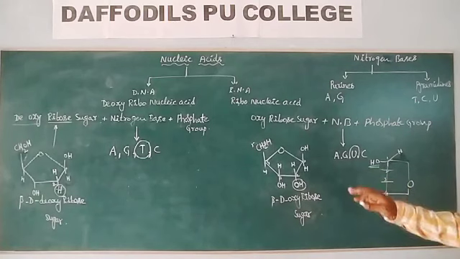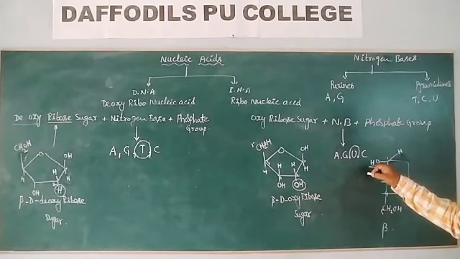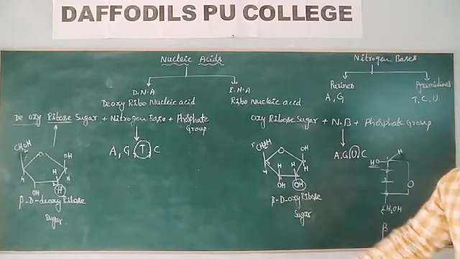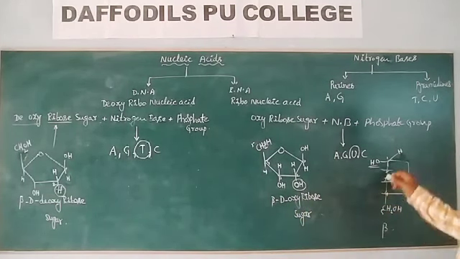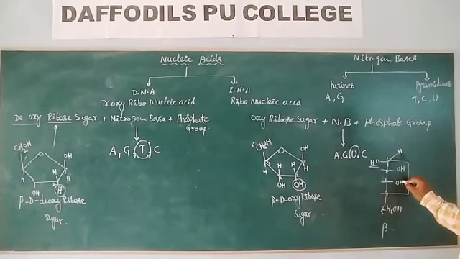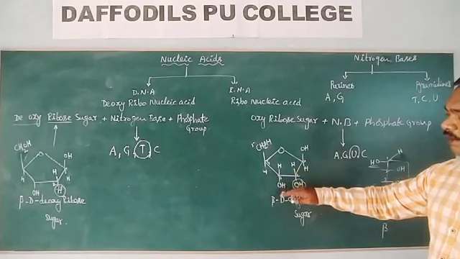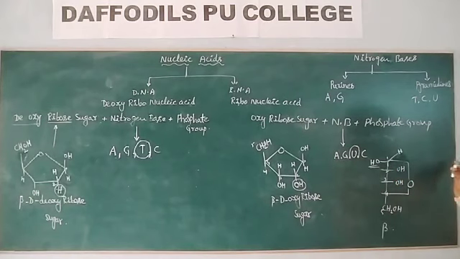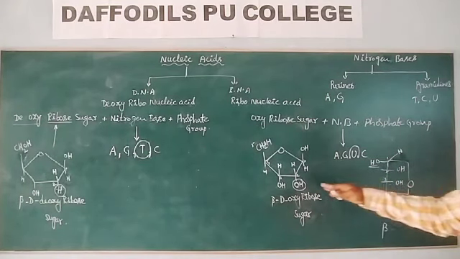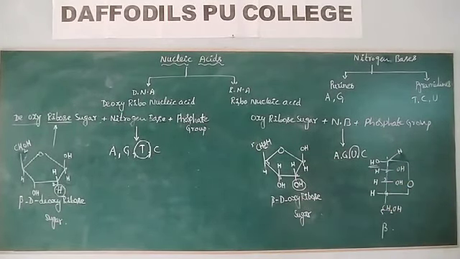When the OH group is present at the left side, you have to call this ribose sugar beta. So this is a beta ribose. I have not shown the other groups, so now I am writing them. The second carbon has the OH group at the bottom of the Haworth structure, so in Fischer projection it is represented at the right side. So I placed this OH group at the right side, and this is H, and this is H. So this is the ribose sugar.